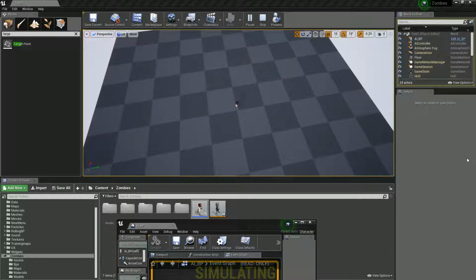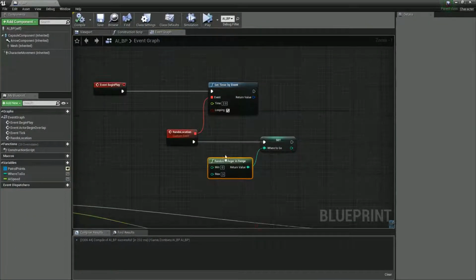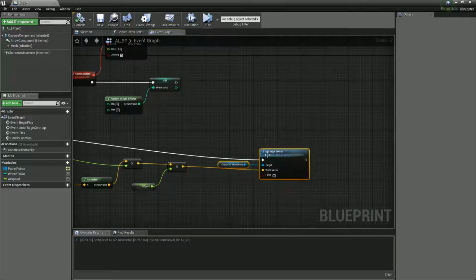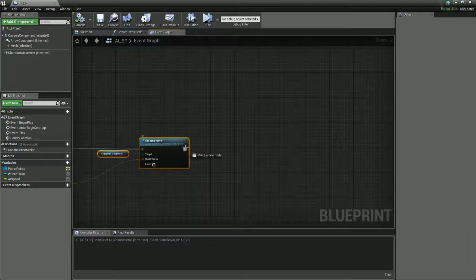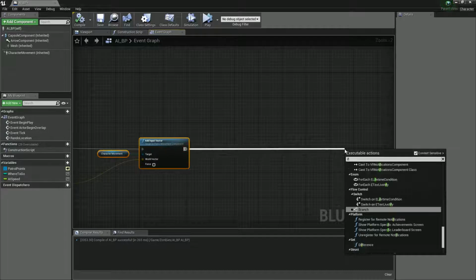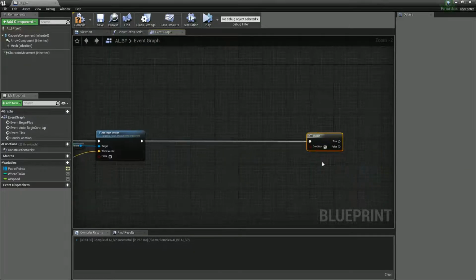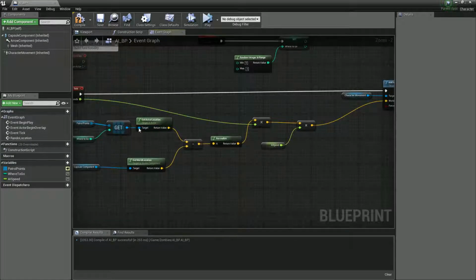Alright, let's say, for example, when it reaches a point, let's say we want it to chill. Let's build on this a little bit more. So I'm just going to deactivate this for a minute, because that's another way we could do things. Alright, let's say we'll just do a branch, also known as an if statement. I just typed in if there. Let's get your location,